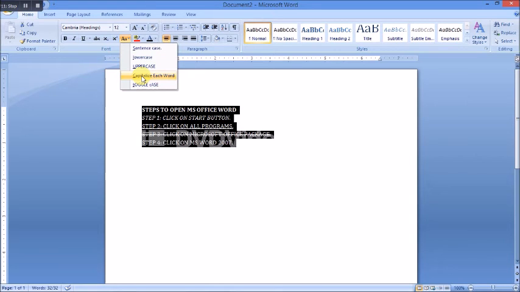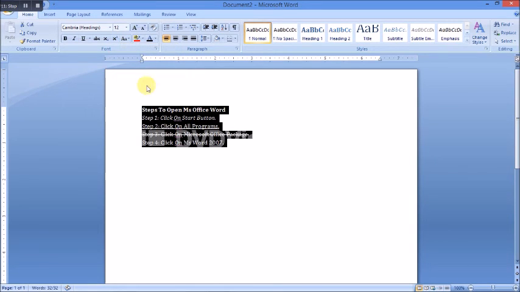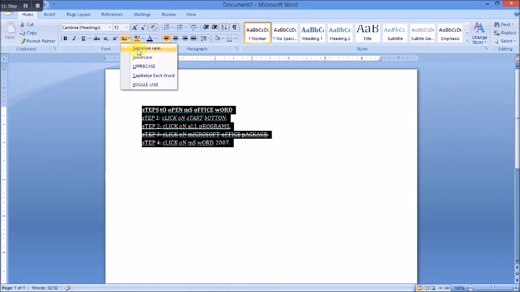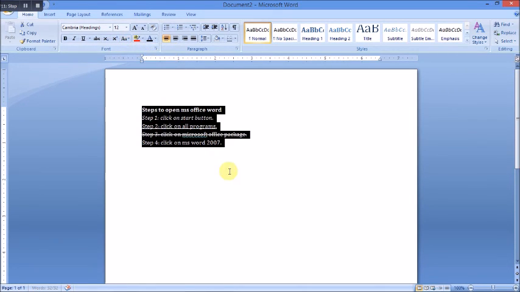Next is tOGGLE cASE, which is the opposite of Capitalize Each Word: the starting letter of every word will be small and the others capital. I think we are comfortable with sentence case.